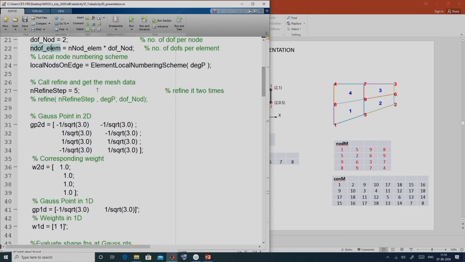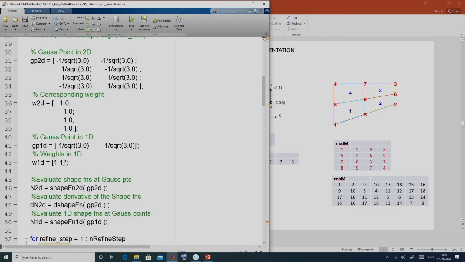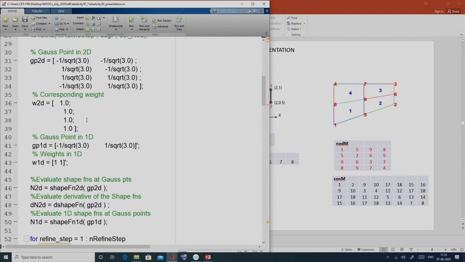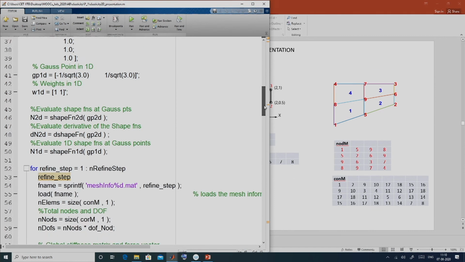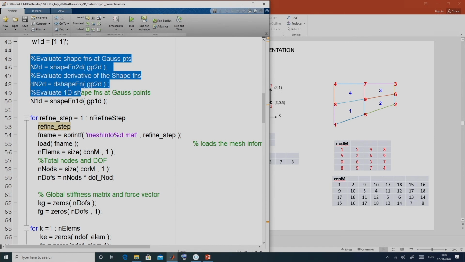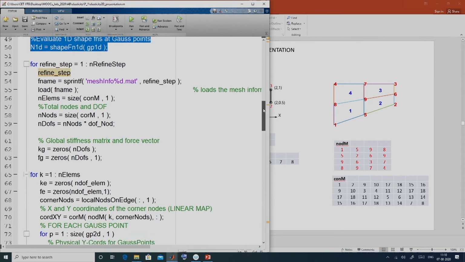Then we have settled for 5 refinement steps, as I will show afterwards. Then we have already discussed the declaration of the Gauss points and the corresponding weights for the 2 dimensional and the 1 dimensional problem. Then we calculated the values of the shape functions and their derivatives at the Gauss points, and stored them in these matrices.